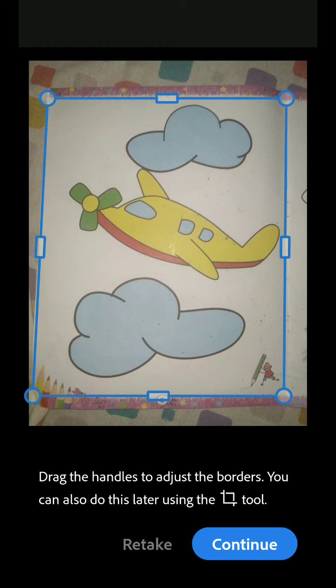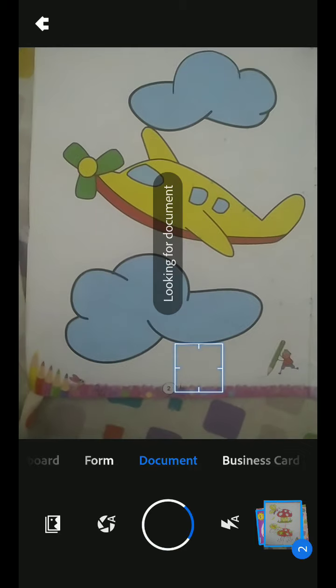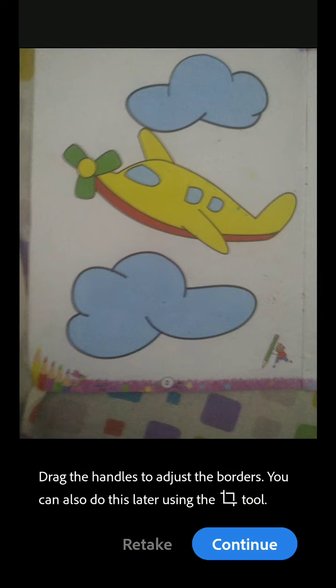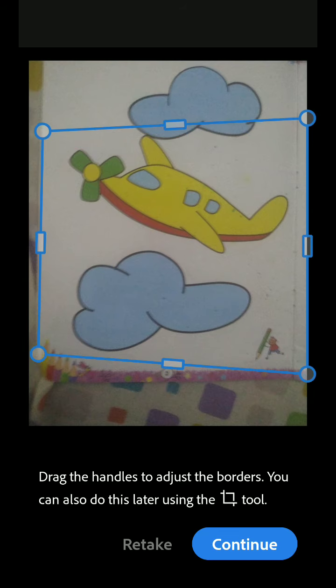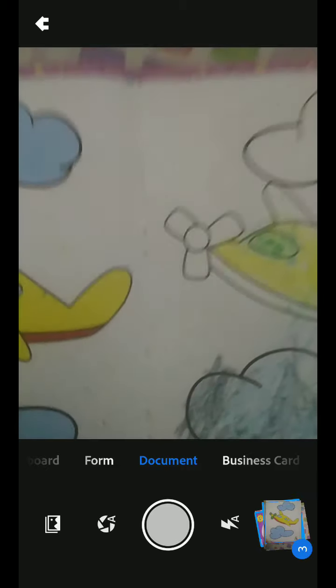This way you capture all the images, and otherwise, if you don't want this, you can retake and take the picture. Directly also you can capture the image. This way you continue and finish the scanning.